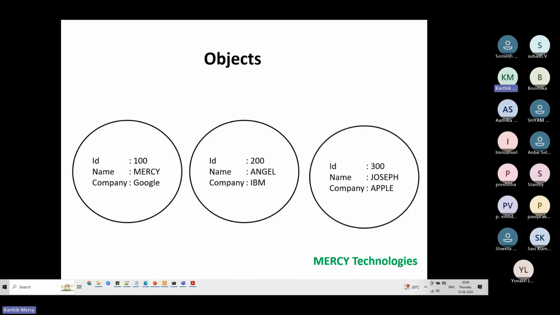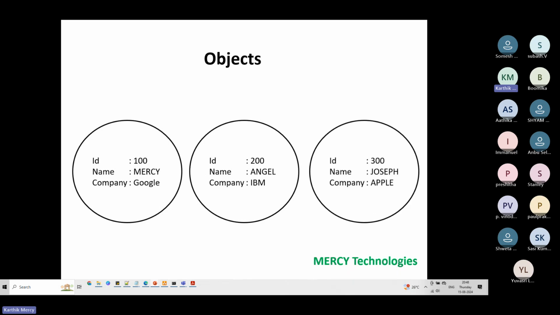And one more employee writes 300, Joseph, and Apple. Maybe you can think these people are handed the papers and asked to go to a diagnostic center to submit all this.